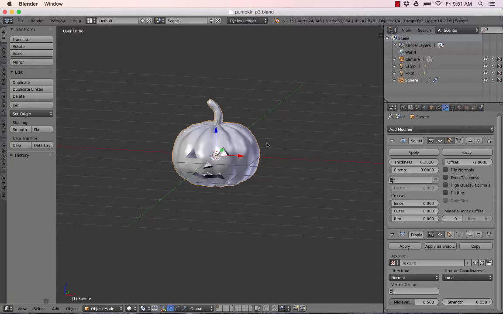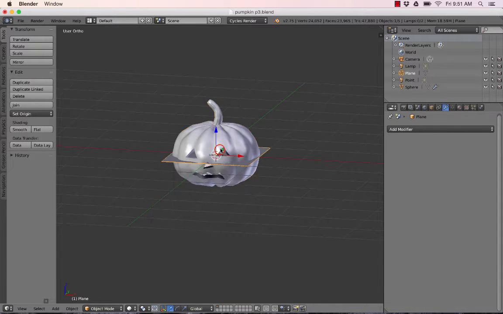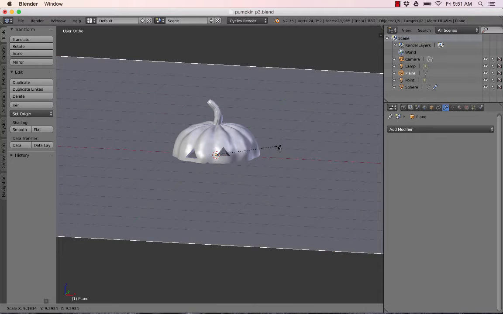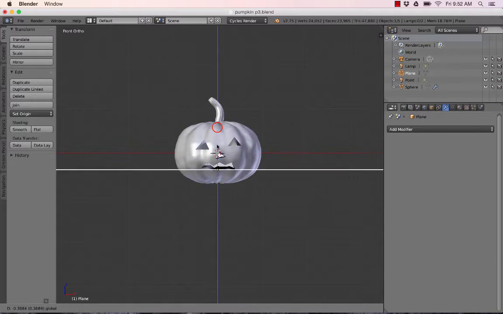All right, so last part of our pumpkin tutorial, I'm going to show you how to make a simple scene, a floor and a wall that the pumpkin can be in. So let's go here. We're going to add a plane, and let's scale that up pretty big. And let's go to our front view and just drop that down